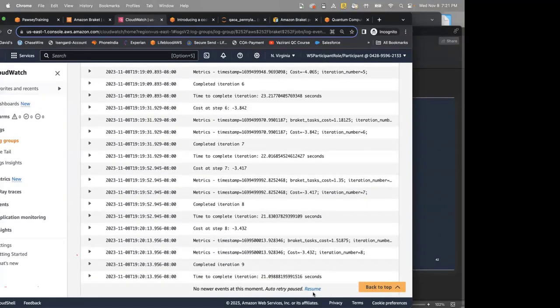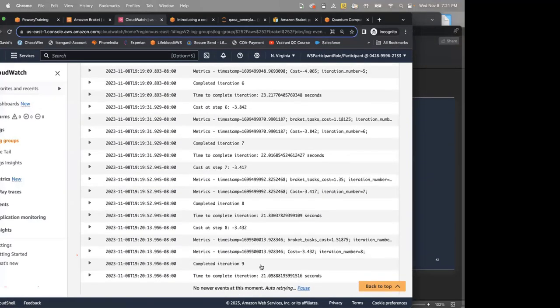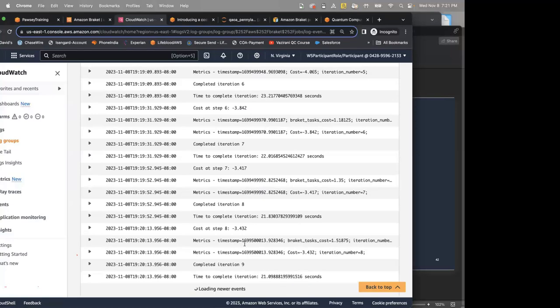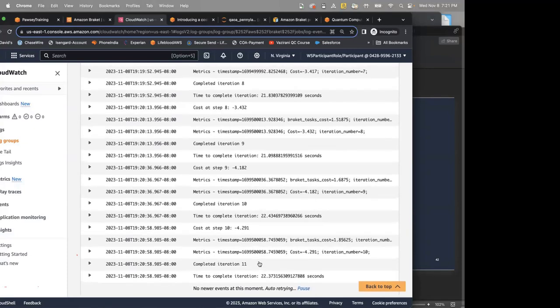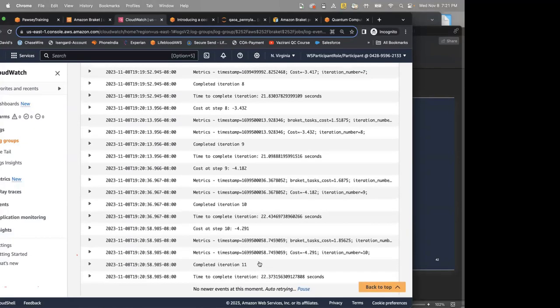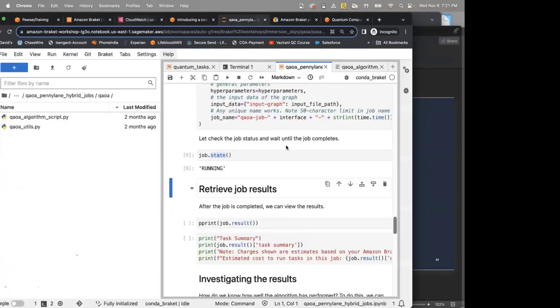And at the end you can go up to whatever value is at the moment. At the moment we have completed 11 iterations, and we have 20 iterations given. So that will take a little bit more time to complete. If we go back and look at the job state, it is still running.